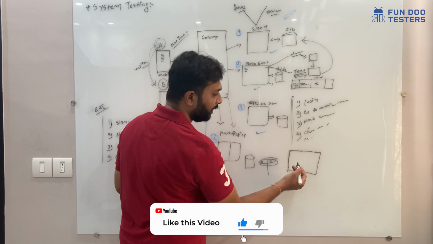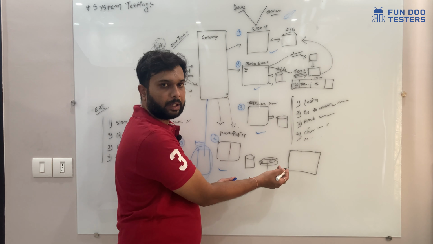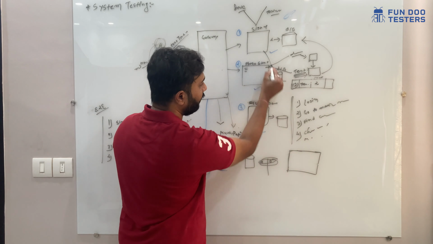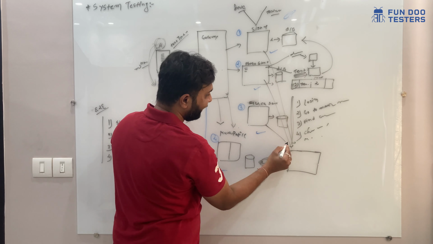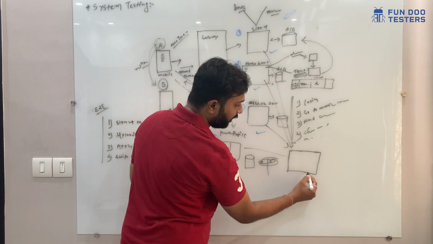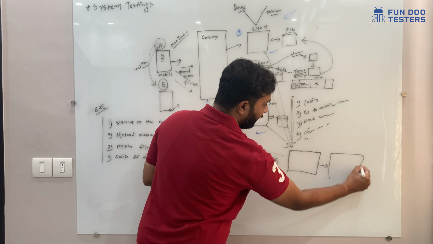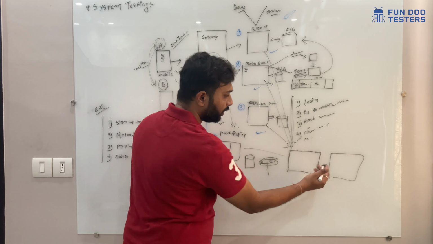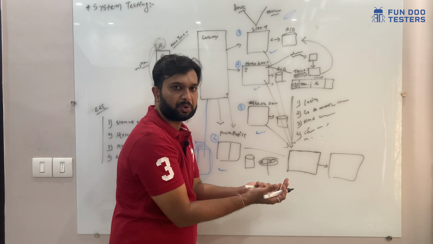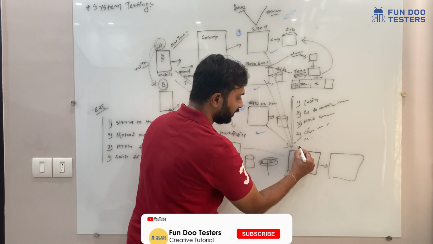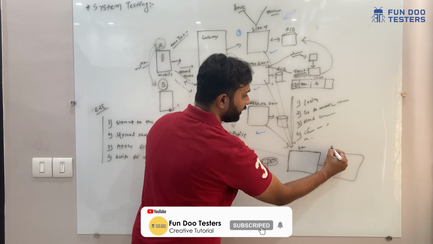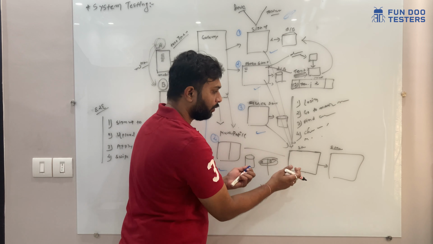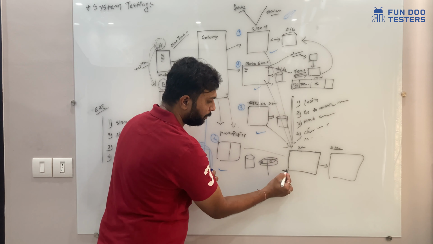For example, we can call this a stage environment, or give it some other random name. Every team will deploy their code into their service, and this server should be similar to the production environment. After performing the end-to-end testing, usually we send to production, or there can be one or two more layers, not more than that. For example, this is my stage environment, and this will be stage 2, almost similar to the production. Why? Because in some companies there is a specific team.